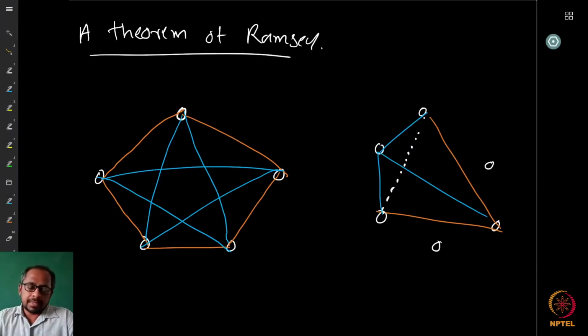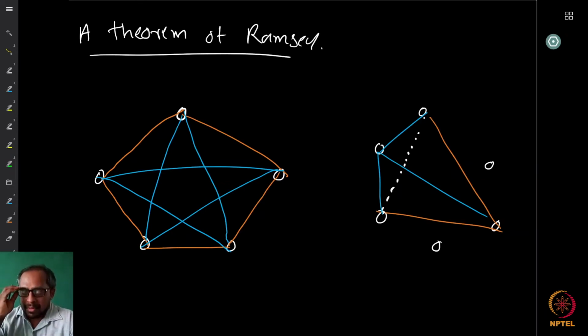In the previous two lectures, we were looking at applications of the pigeonhole principle. While doing this, we came across a small application where we showed that if you take six or more people, then among these people you can always find either three people who know each other, who have met each other, or three people who are strangers who have never met each other. Now, this result